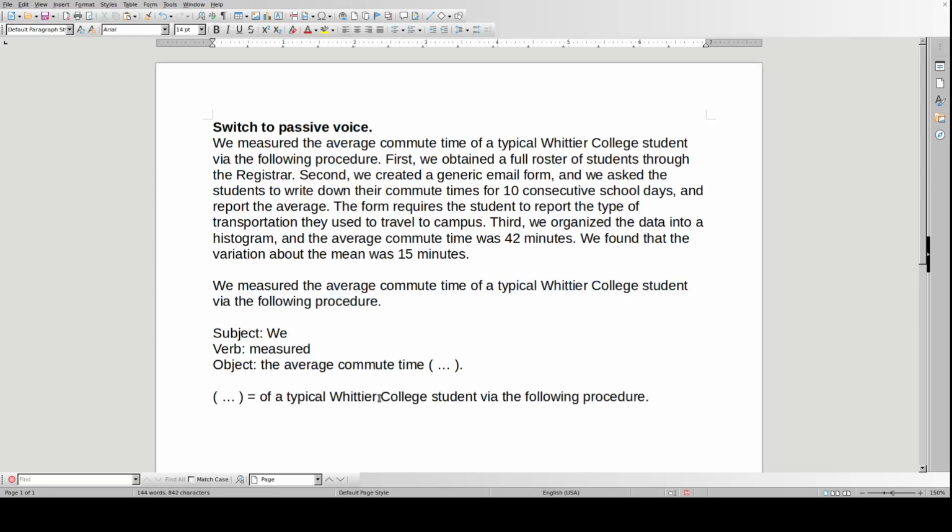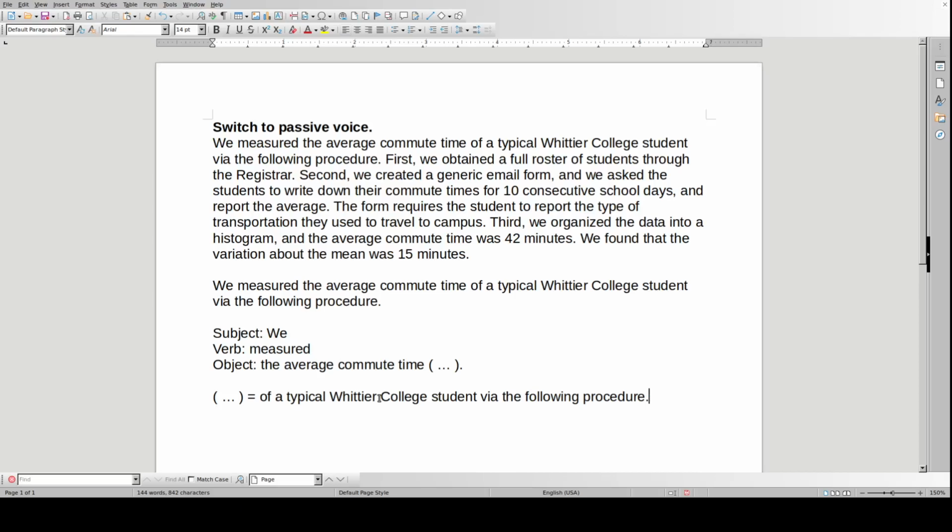So what that's doing is it's adding clarifying information. If you wrote simply we measured the average commute time and did not include the parenthetical rest of the sentence, that would be technically a grammatically correct full sentence, but it would not be providing the necessary details to the